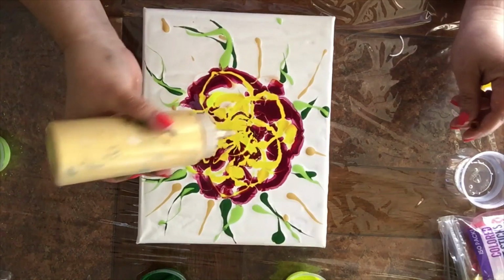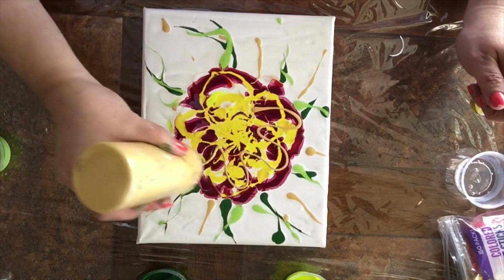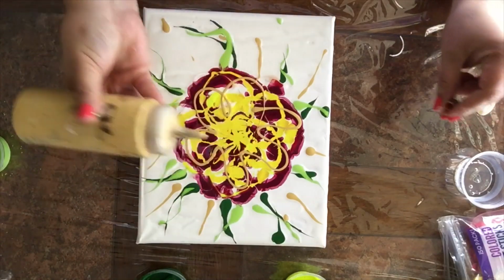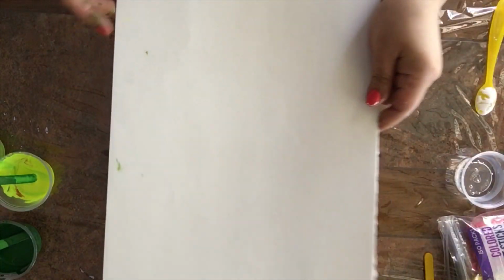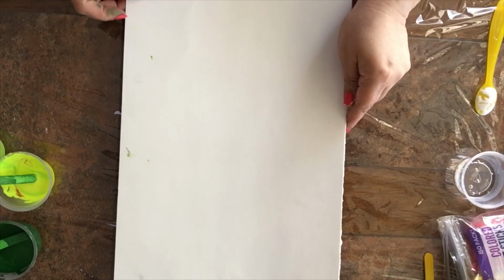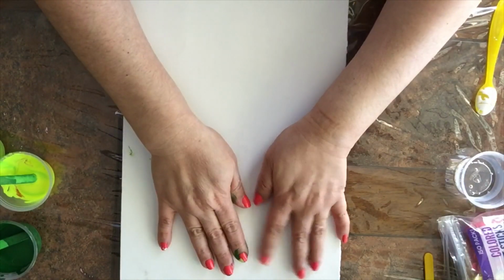There we go, and maybe a little bit inside. There we go. Now I'm using this cardboard. It's bigger than the canvas, and I just want to make sure that